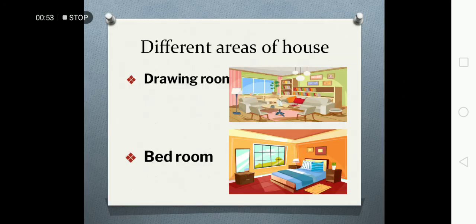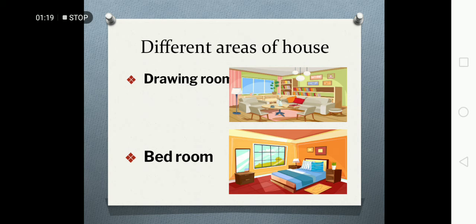Can you tell me the names of different areas of a house? There are many rooms or areas in a house like drawing room, TV lounge, bedroom, kitchen, etc. When visitors visit our house, they usually sit in the drawing room. It is also called a reception room,